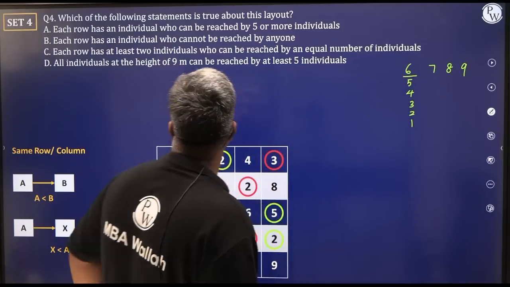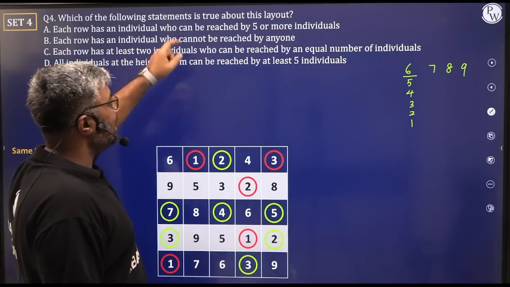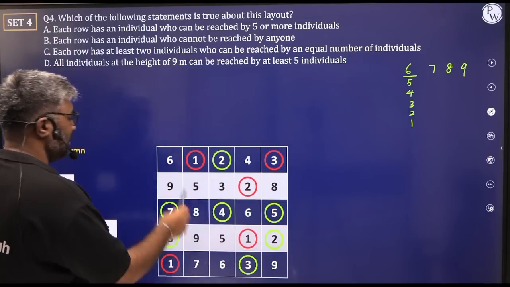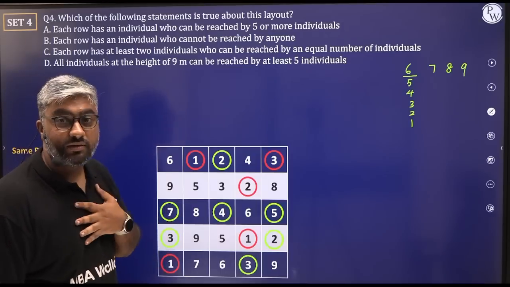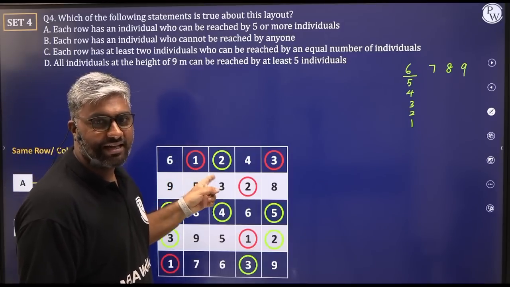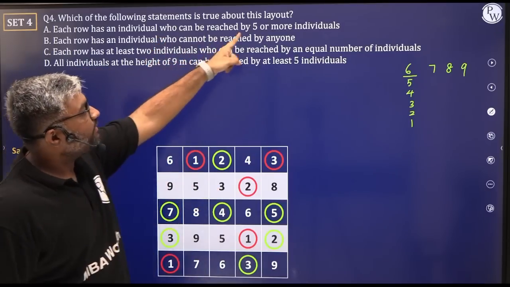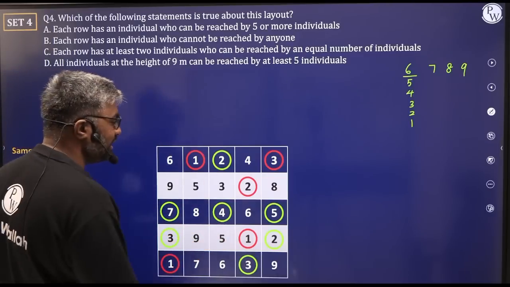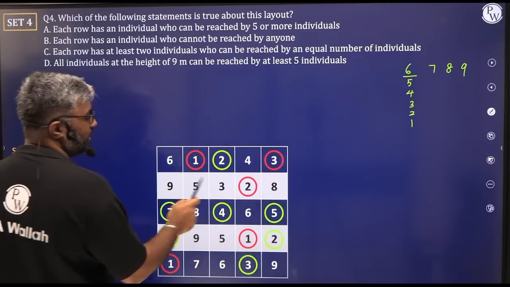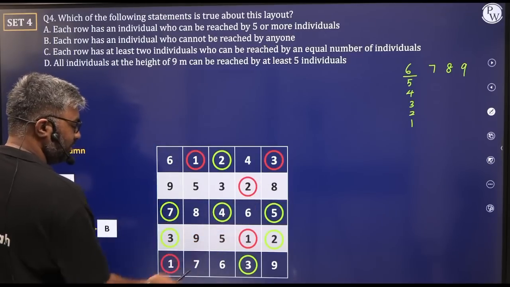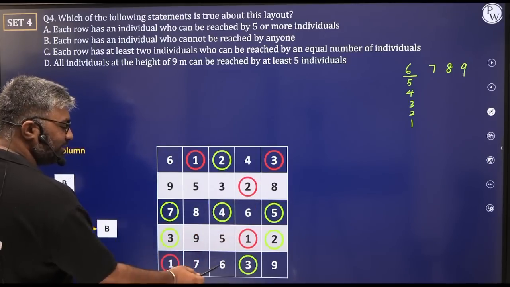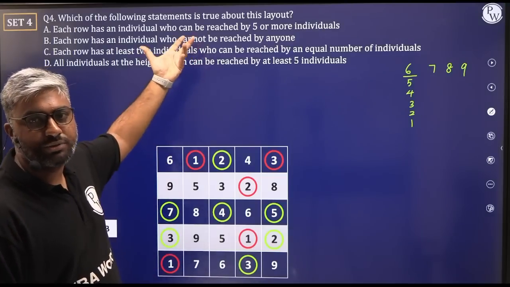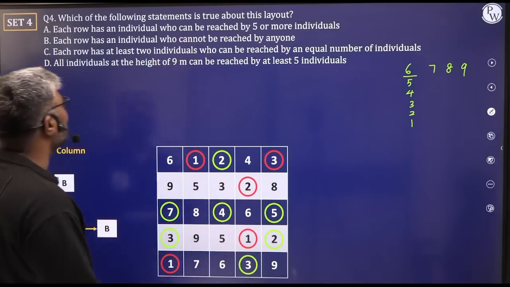So what we have to see is each row, क्या हर row में we have a number greater than or equal to 6? यहाँ पर है, but since we've already solved it, we know इसमें नहीं है greater than 5, right? 5 can be reached by 5 or more, at least 5 नहीं है, but चलो, let's think that this is our first impression, ठीक है? So possible, we have a 9 here, possible we have 7, 6 and 9 here. So we are not going to touch this option at all क्योंकि थोड़ा सा risky है, right? We're going to keep it.